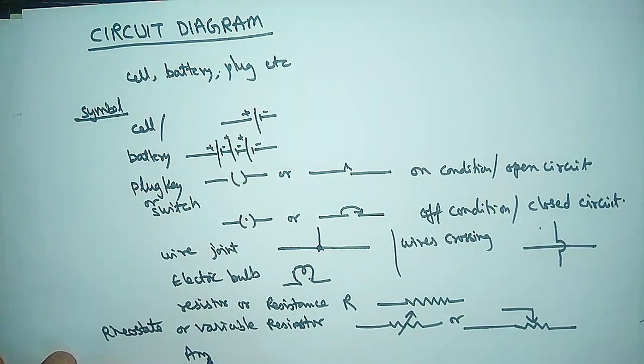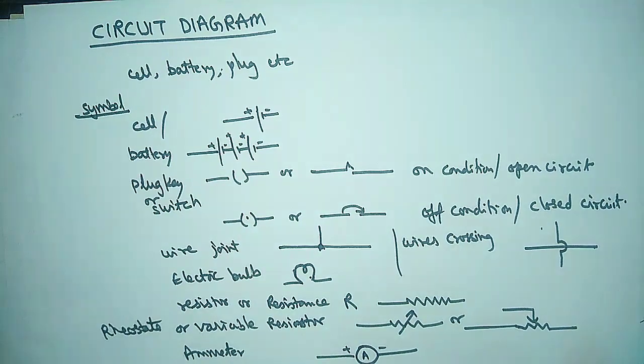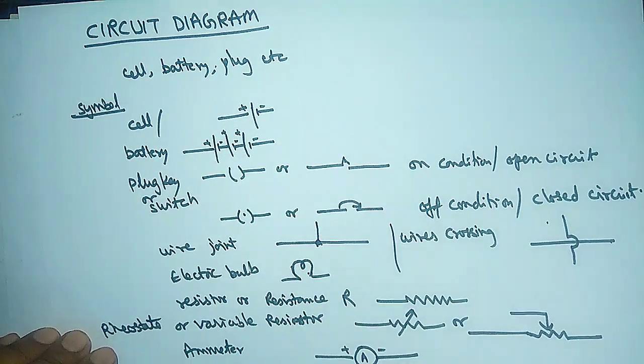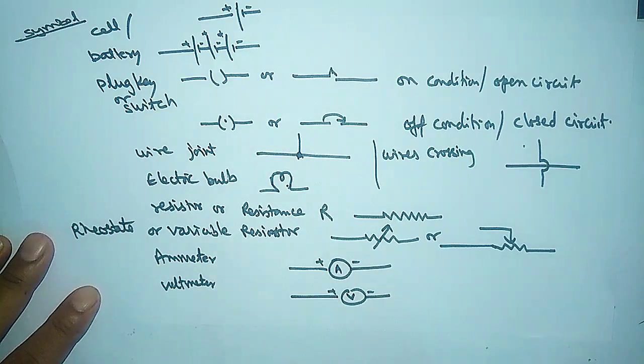And the ammeter, you know, the ammeter is the device which measures the current in the circuit. Put A here and show the plus minus. And the voltmeter, say it is V, plus minus. Okay, so these are the symbols of some commonly used components in the circuit diagram. So complete all these circuit diagram symbols in your copy. These are the symbols, ammeter A and voltmeter V.